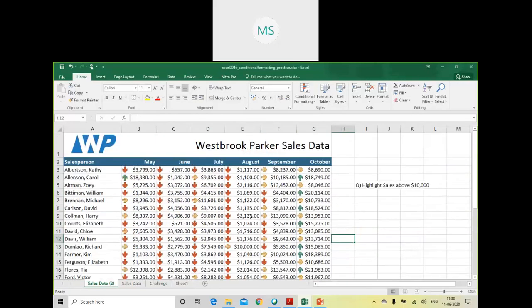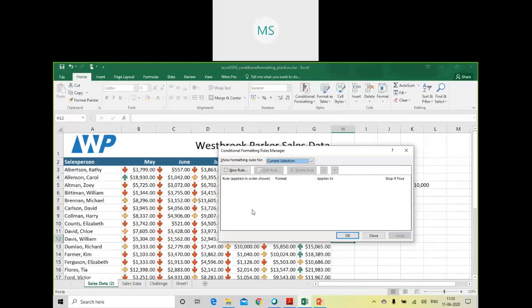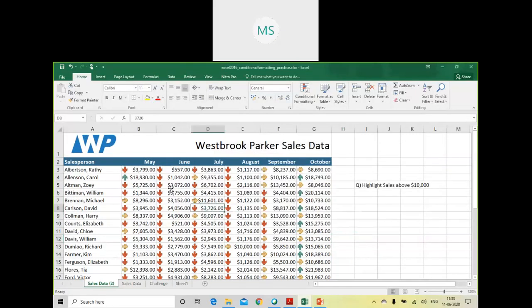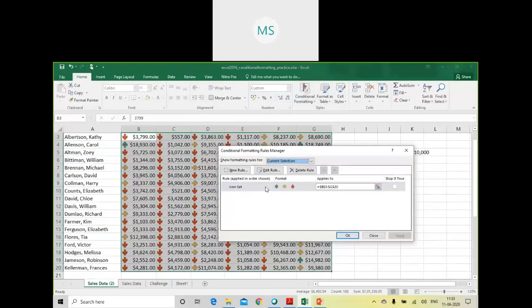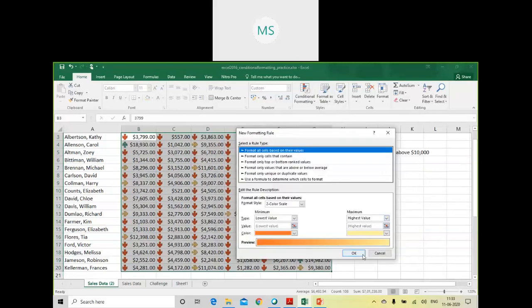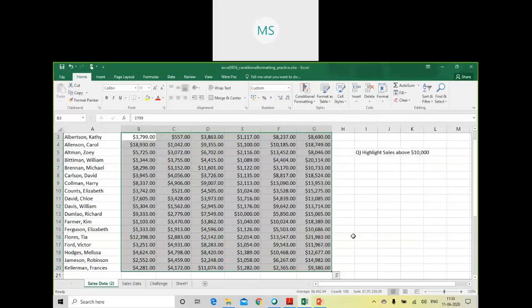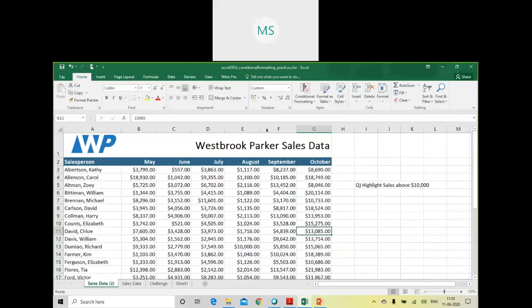Now you can see the backgrounds are plain, only these icon formattings are applied. Now if you want to remove that also, just go to that. I think that has been applied correctly. I have to select these particular cells, go to manage rules, select it and click on delete. If you want, you can edit it also, and if you want to apply something new, you can again go to that and perform this option. Okay, this is how conditional formatting can be done.